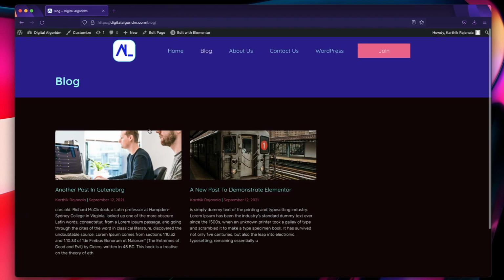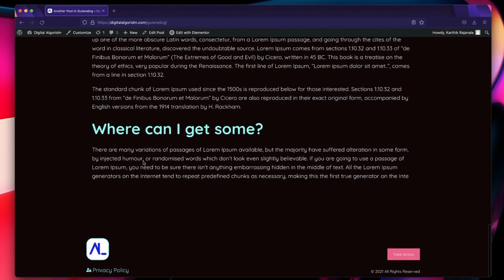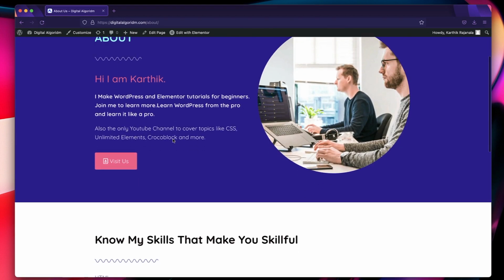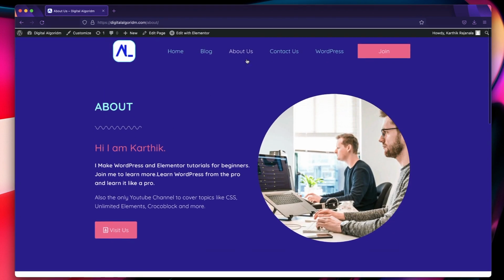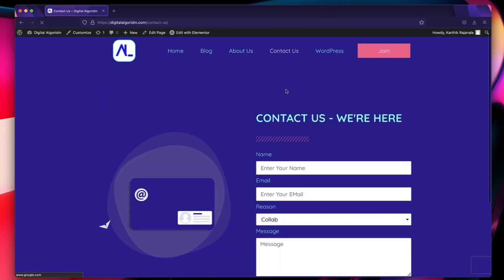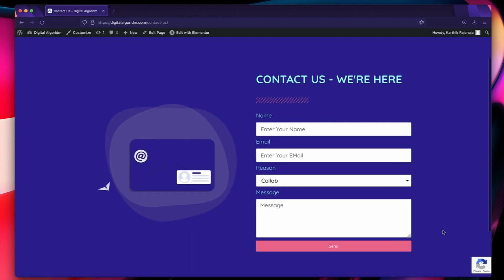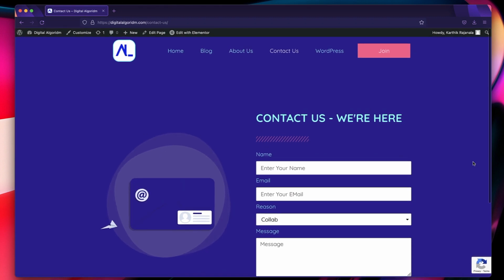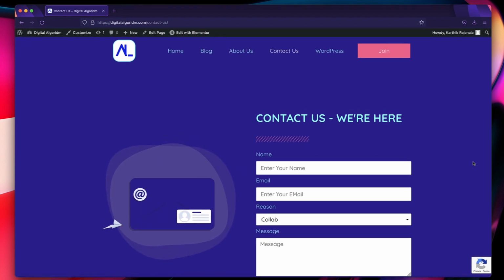page. When I click on it, you can see the posts in it, and when I click on any of the posts, this is the beautiful single post design. And when I click on About Us page, you can see the beautiful colors, the playful fonts and all that. Click on Contact Us page and you can see the beautiful animation, the contact form along with the Recaptcha which prevents spam. I'm going to show you how to build each and everything that you see right now, step by